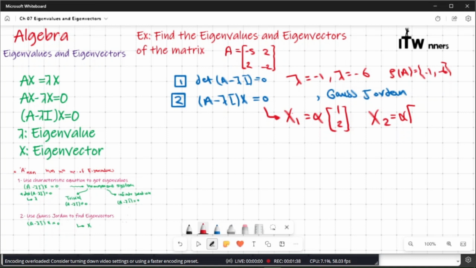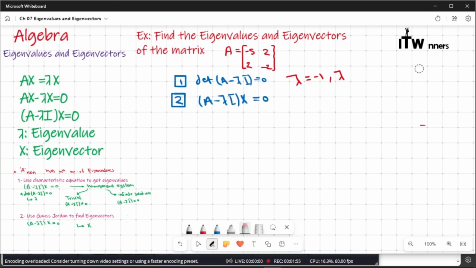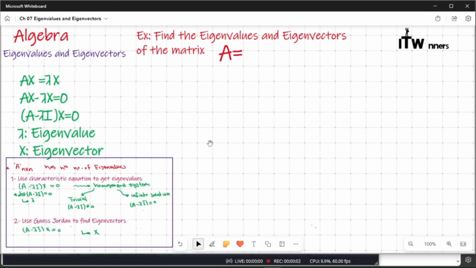Okay, so let's clear and move to another example with the same sequence of steps. Find the eigenvalues and eigenvectors of the matrix A equal to 1, 2, 3, 0, 1, 0, 2, 1, 2. Okay, so the first step